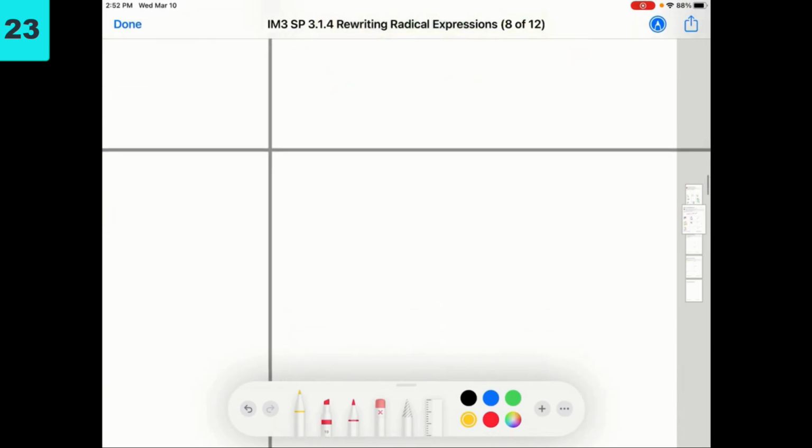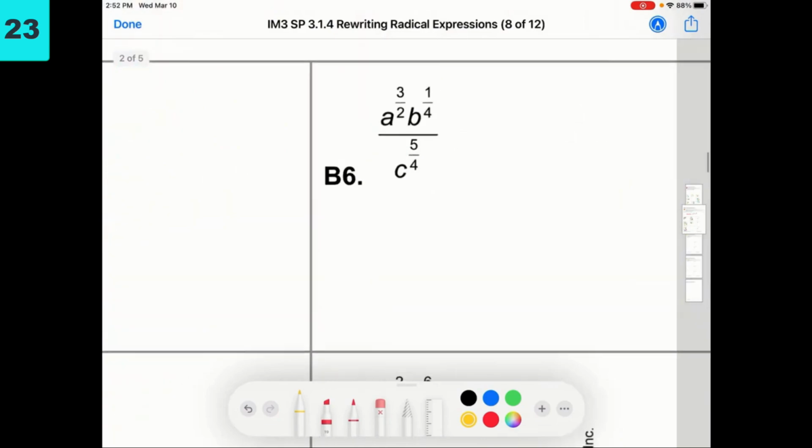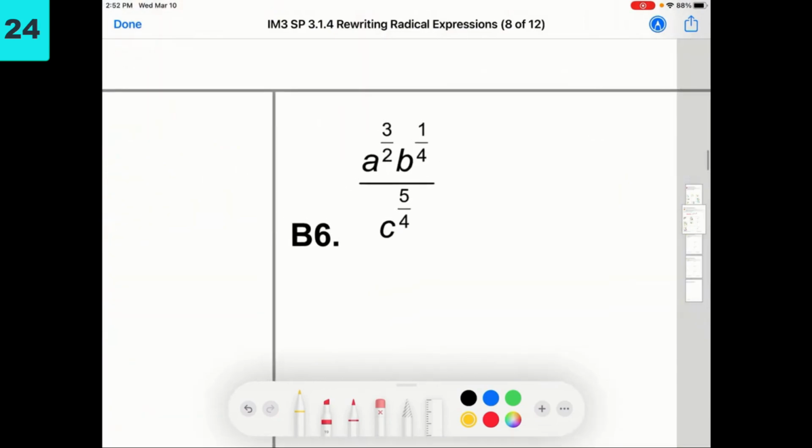Let's take a look at B6, if I can find it. Over here. Ooh, fraction. Okay. Same thing on this problem. Fractions, I like to, if you can, use a different color. And again, this one, denominator 4, denominator 4. This one is a denominator of 2. How do I get a denominator 4? I'm going to use the lowest common denominator, or LCD, because my denominators have to be the same, multiplied by 2 over 2. This would give us a 6 over 4,